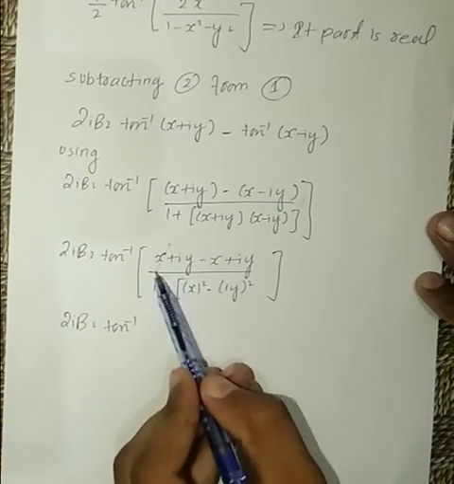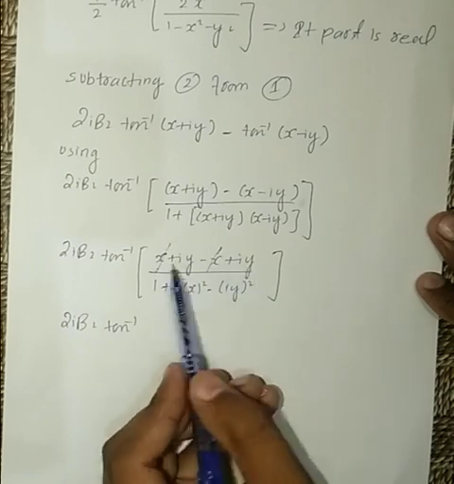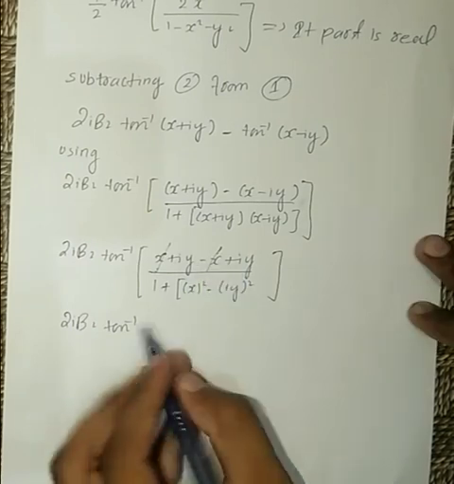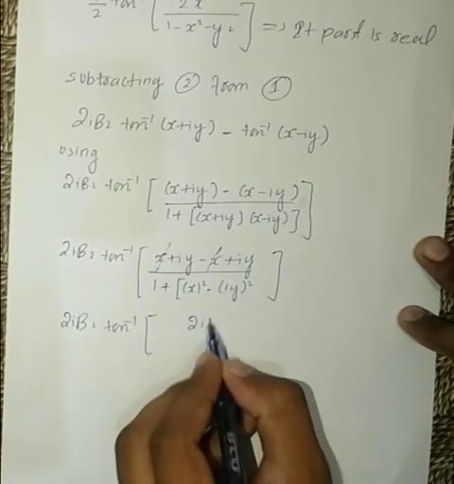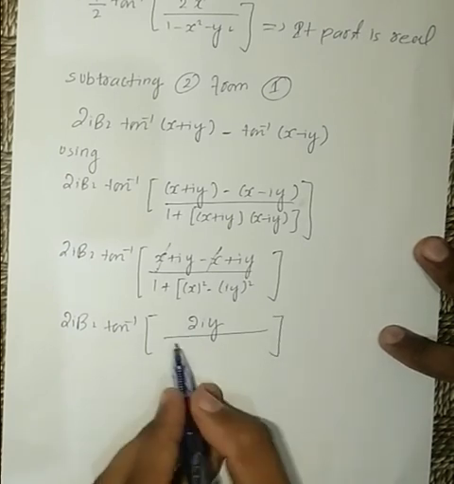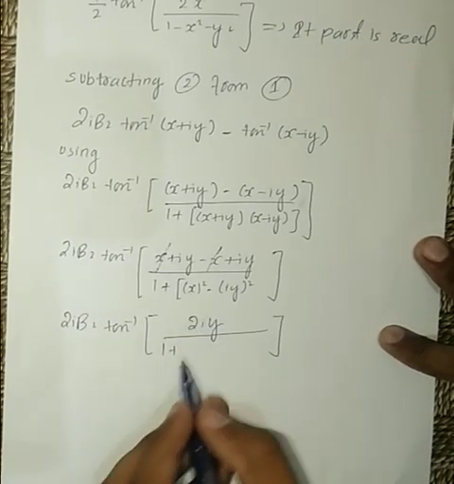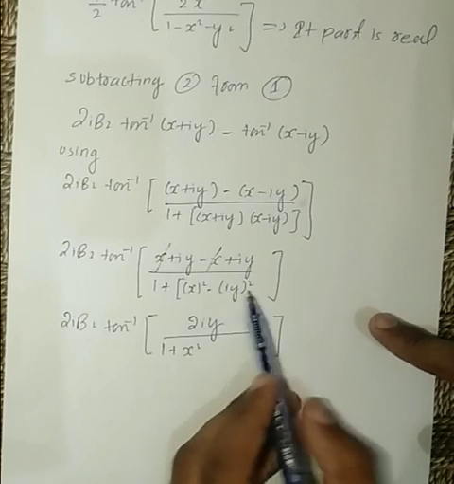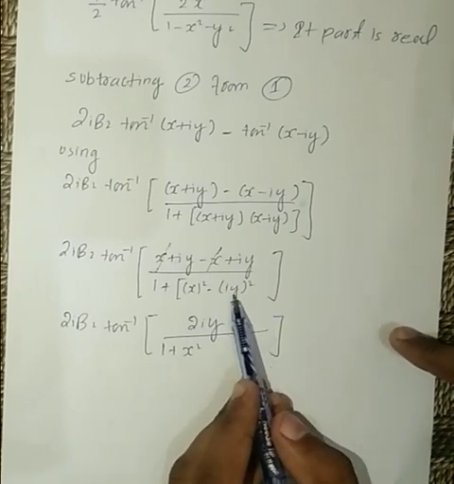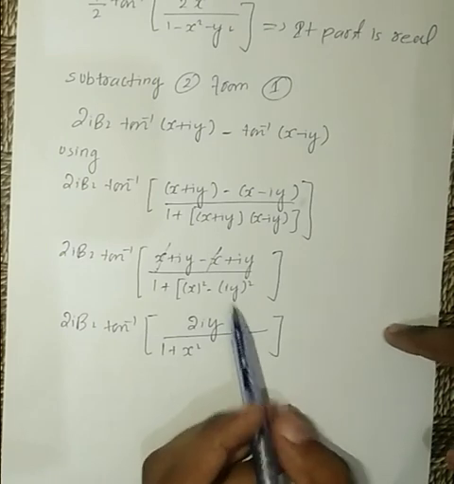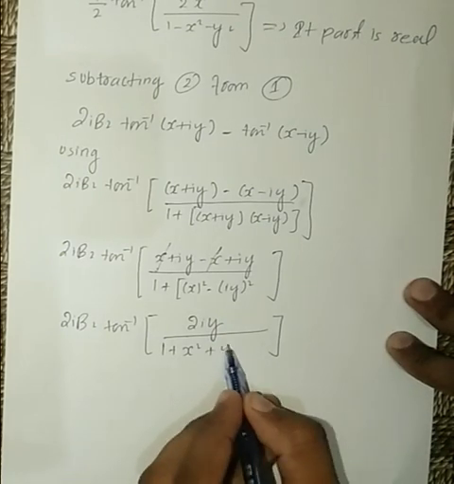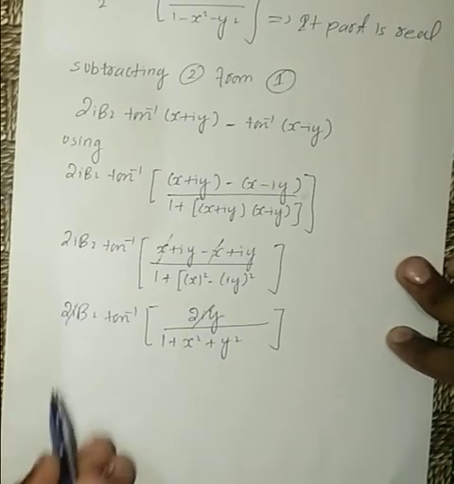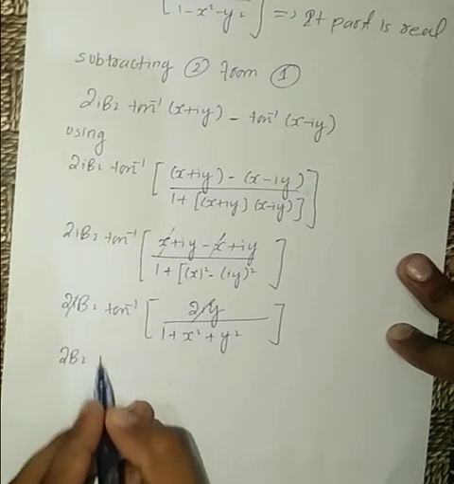Cancelling the real part x and x, and adding the iota variables iota y and iota y gives 2 iota y. 2 iota y over 1 plus x square, and the iota sign has multiplication with y, so squaring, iota square and y square. The iota square equals minus 1, and minus minus equals plus y square, and cancelling iota on both sides, 2b equals tan inverse of